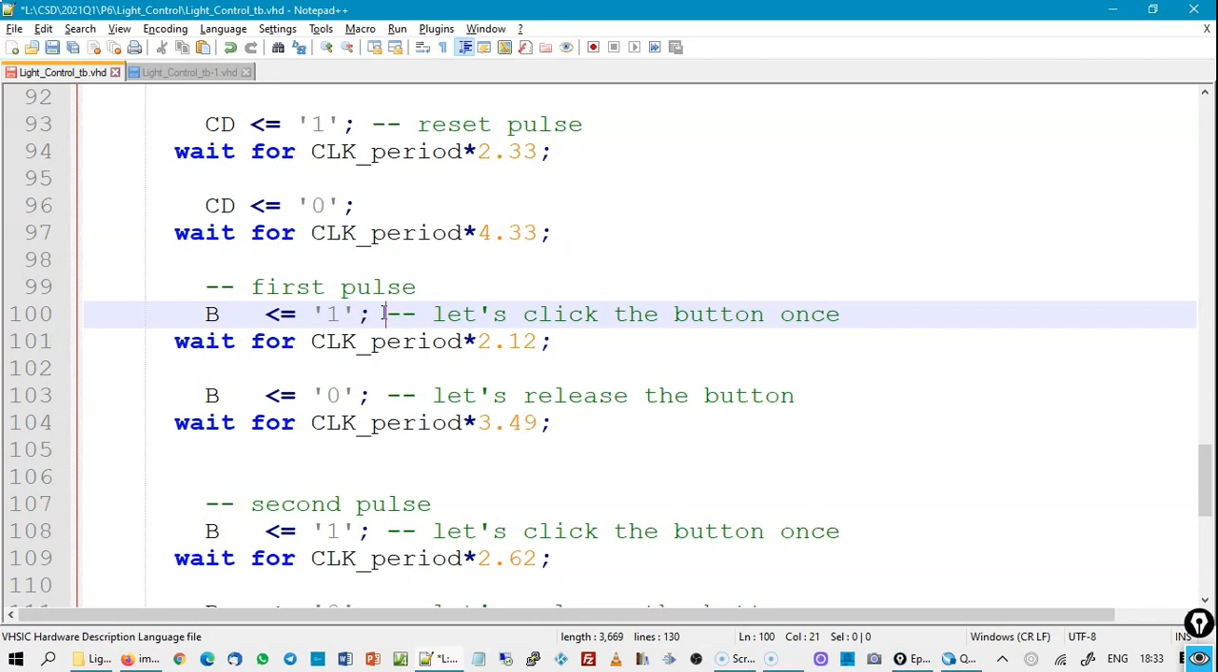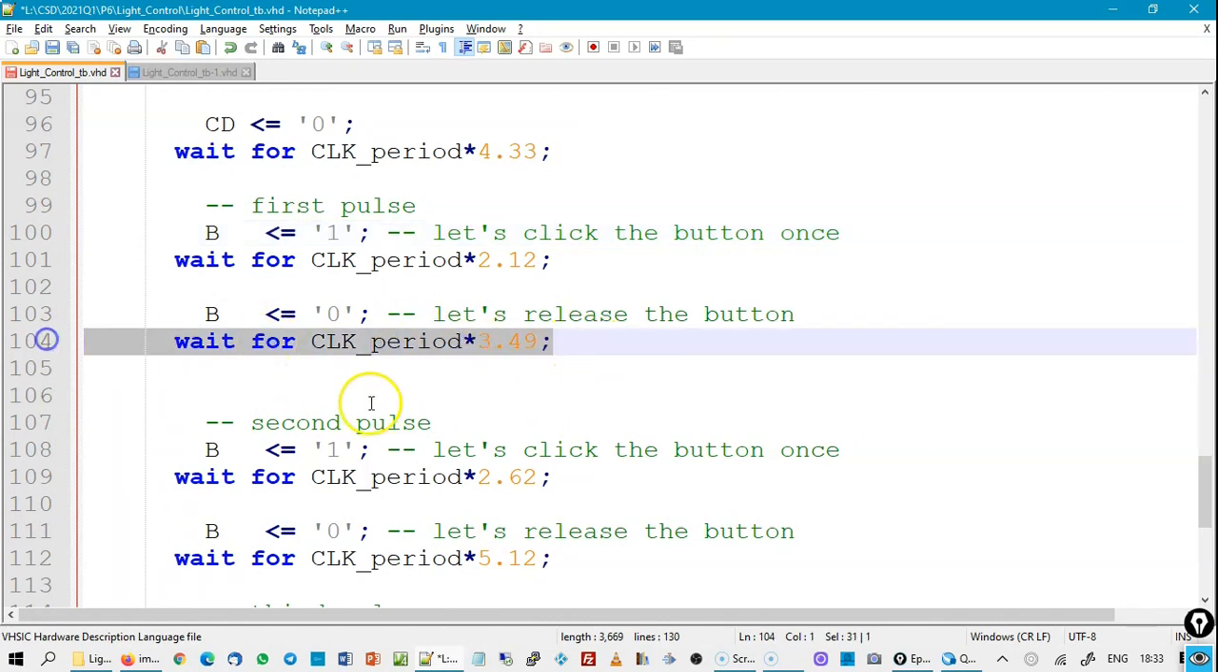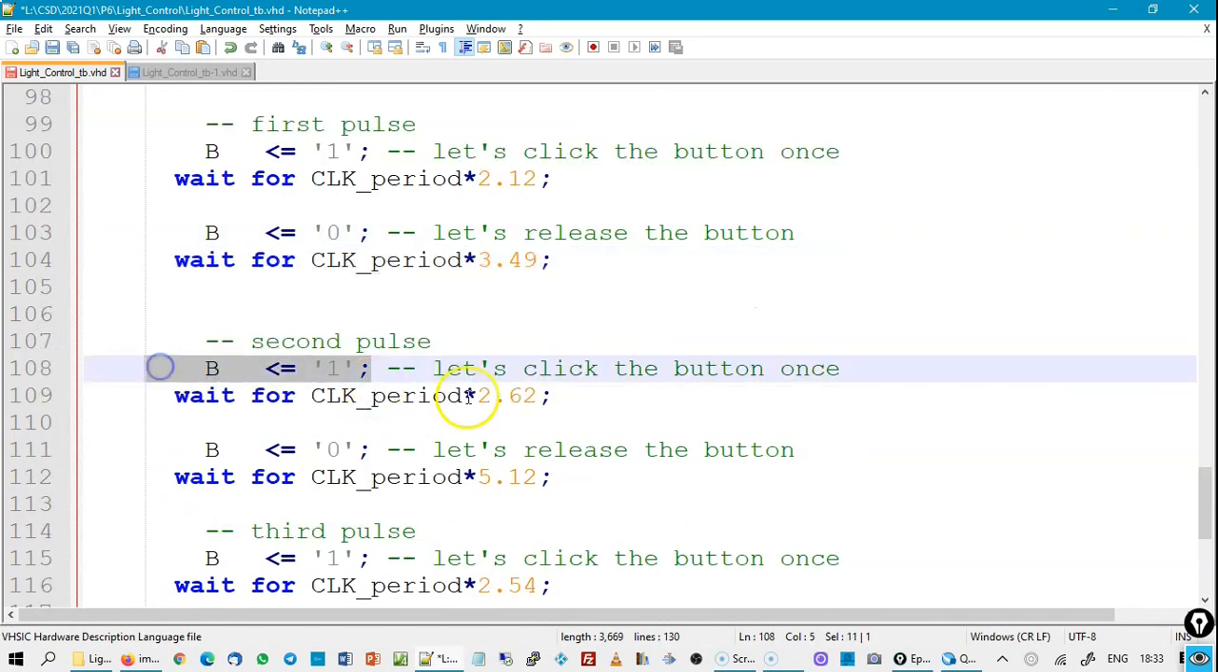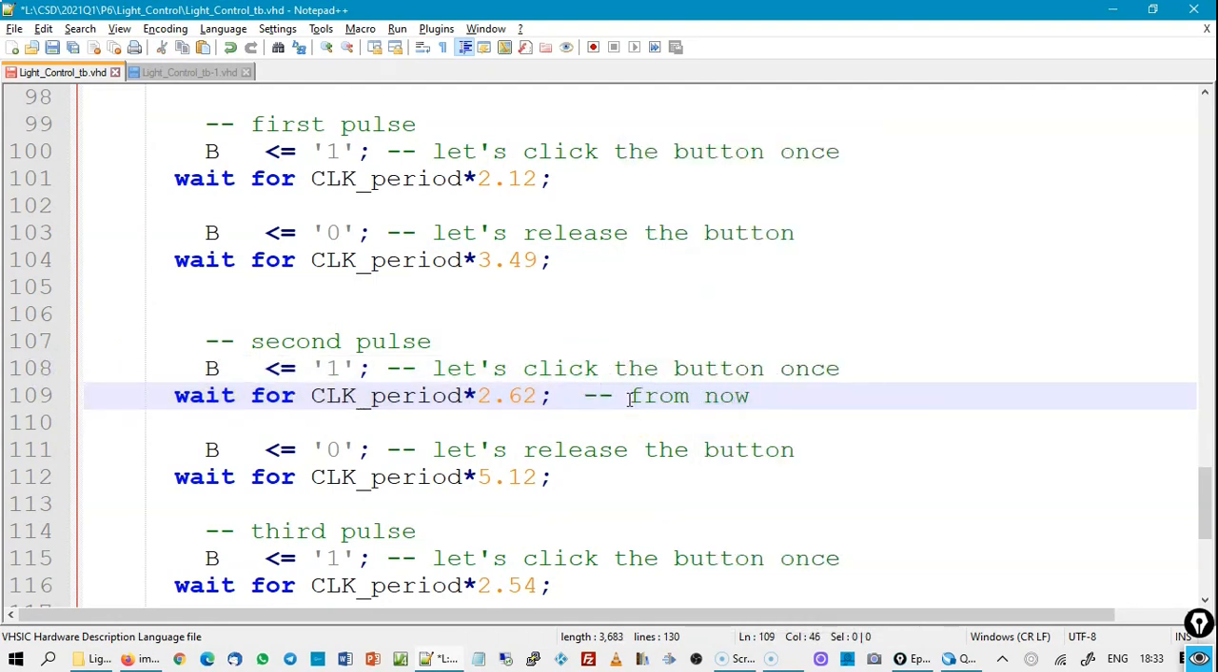So in principle, nothing has to happen because you have to wait for the second pulse. So this is the first pulse. Let's hope that the first pulse is detected, changing the states, and then you release the button. Later on, you are clicking the button again. And from now on is when you see the light